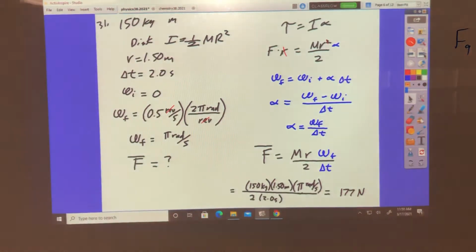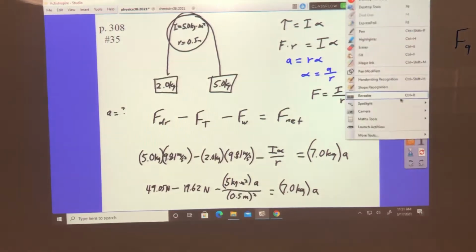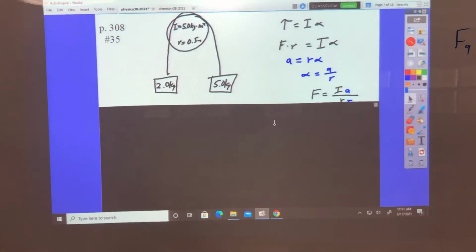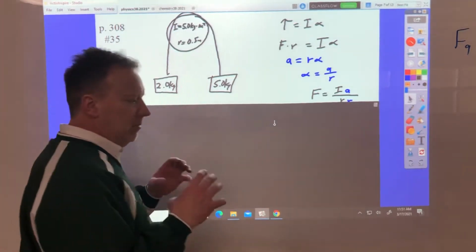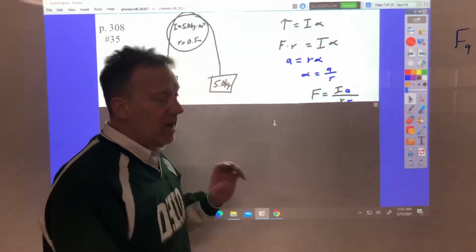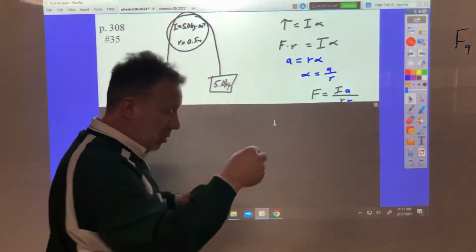Okay. Here's the one I botched earlier in the video, so I had to redo it. We didn't do this as a lab, but we could have. We're just not going to go back and do it now. But if I took that big measuring wheel I've got, that's 5 feet in circumference, and I put 2 different masses on it when we let them go,